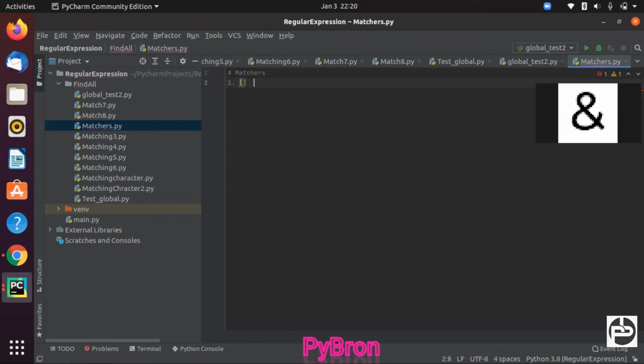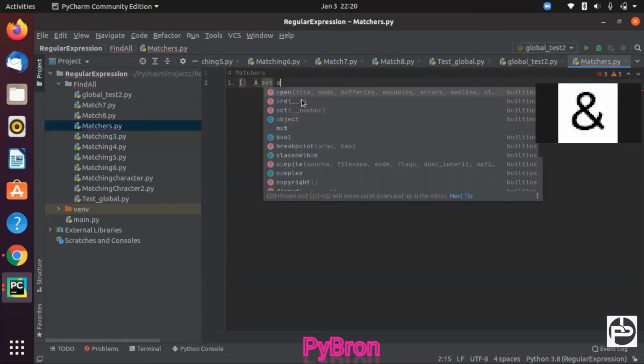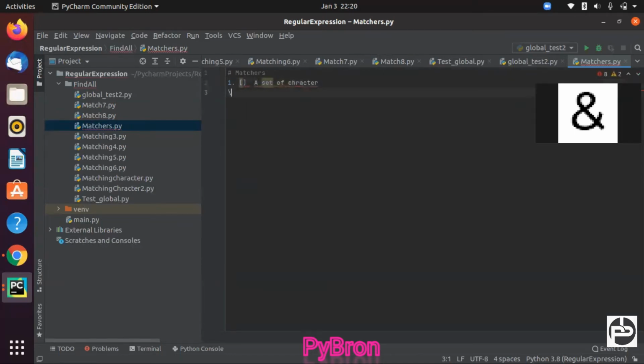It is used for a set of characters, and I'll show you with an example, don't worry. Next is backslash, for example backslash d, and here you can also take an example like a to z. So these are the different matchers.